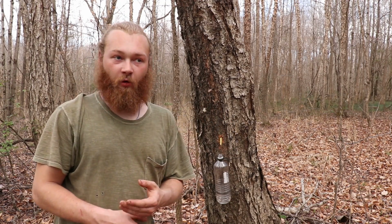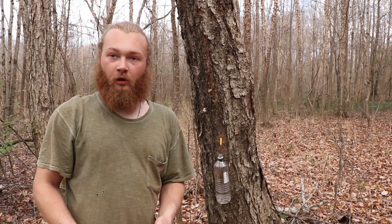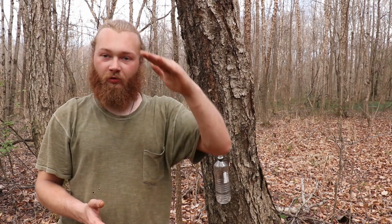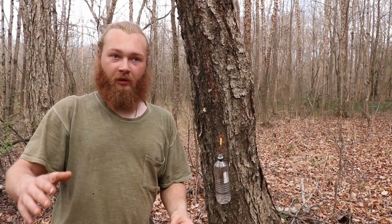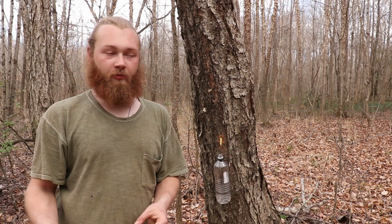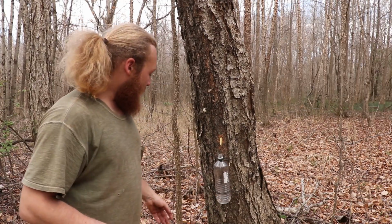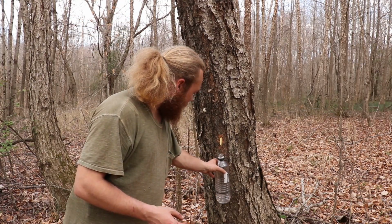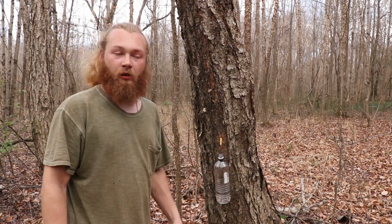Trees have recovered from far worse wounds, like partially falling out of the ground or being cut and then tipped over. That's called notch cutting, and people will do it to help with deer hunting because it gives the deer something else to feed off of. But in any case, you come back. It's only been about 30 minutes or so, if that, and I got a couple swallows worth, not a whole lot,